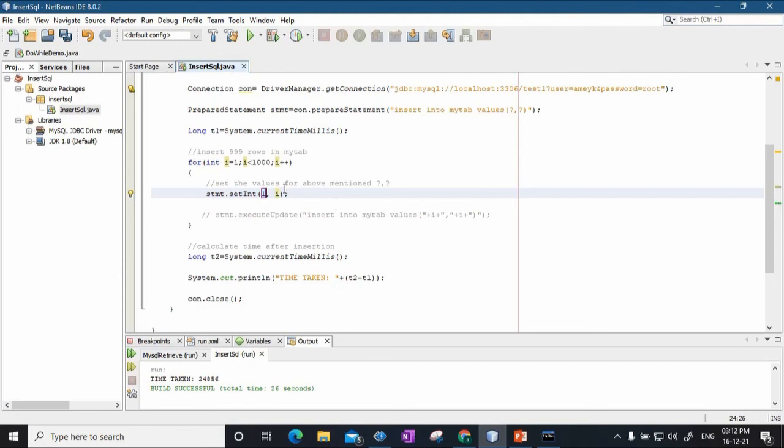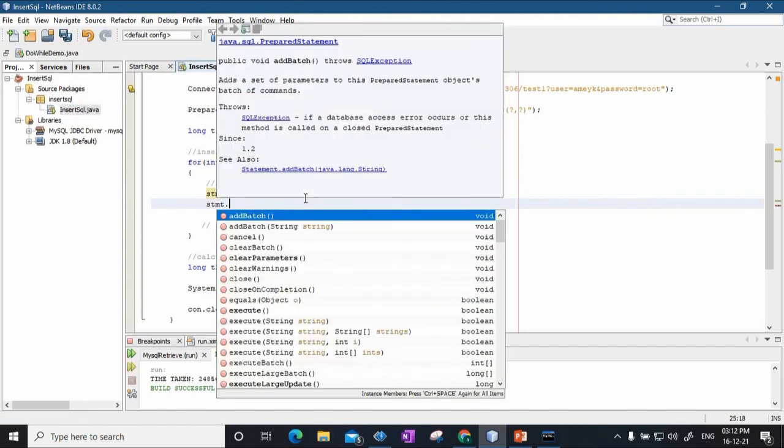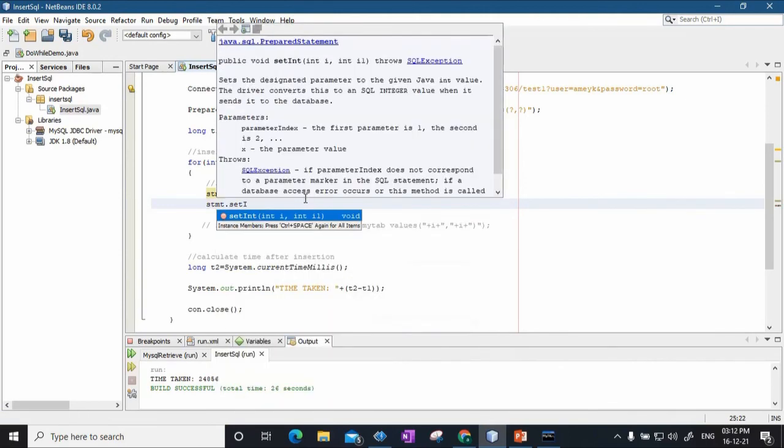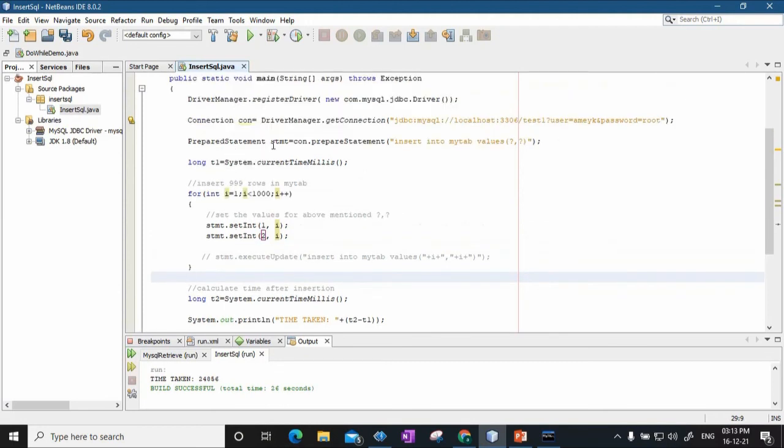So in the first column I want to insert the value i, and stmt dot again setInt, in the second column, that is B, also I will insert i. So the same thing will happen. This is just another way of inserting a batch of values into the database table. The same thing should happen, but the only difference is that here I am using a prepared statement instead of a normal statement.